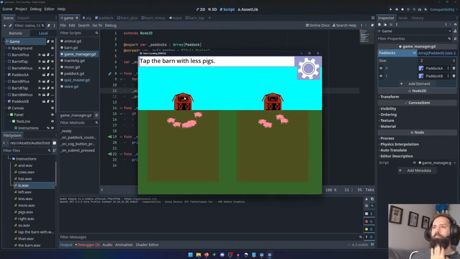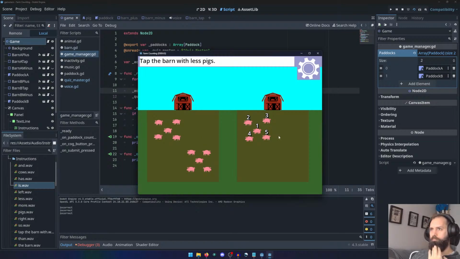Tap the barn with less pigs. 1, 2, 3, 4, 5, 6, 7, 8, 9, 10. 1, 2, 3, 4, 5. Tap the barn with less pigs. The barn on the left has 10 pigs, and the barn on the right has 5 pigs. 10 is less than 5. Oops. The barn on the left has,